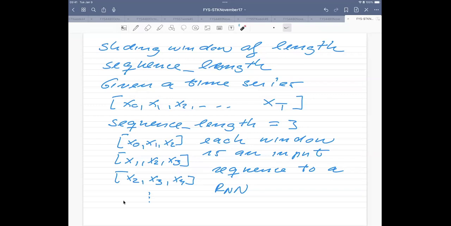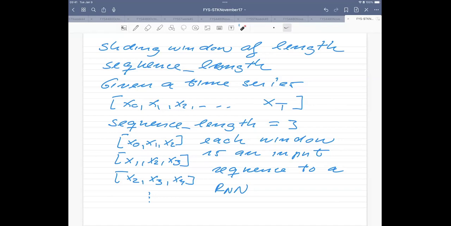And the hope then is that this takes into account in a better way correlations among the data, and gives you a better way of finding the time correlations which may exist from, let's say, X2 to X3, X3 to X4, etc. So the sliding window is one of the parameters which you typically would define, and it normally improves the quality of the results.